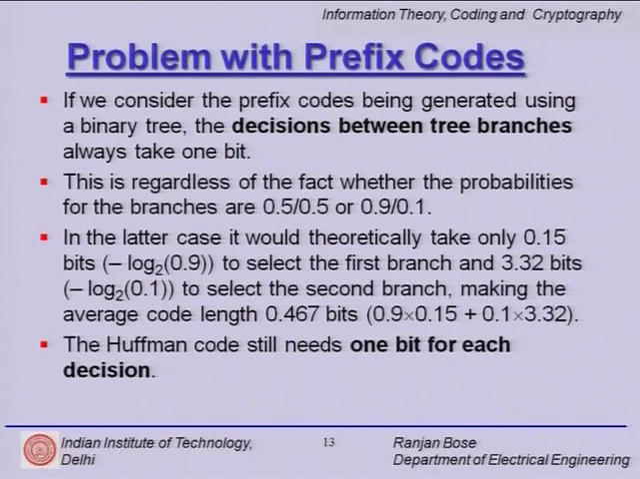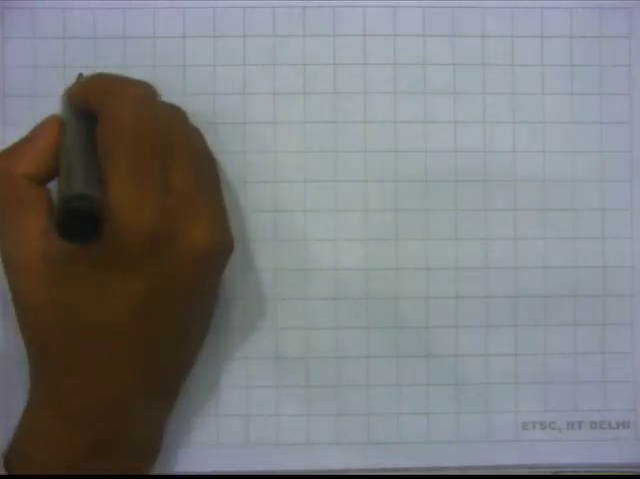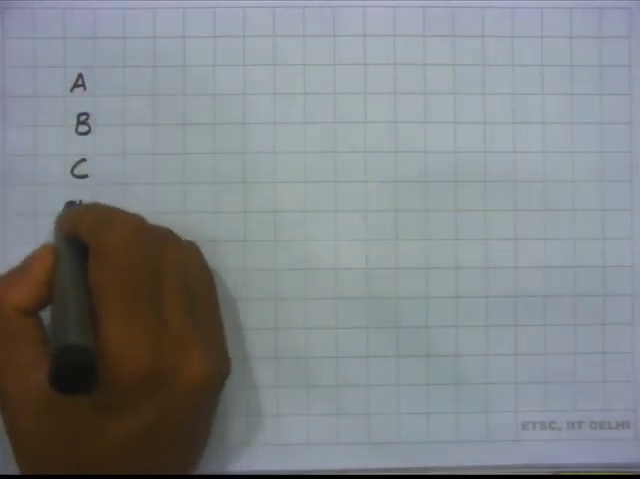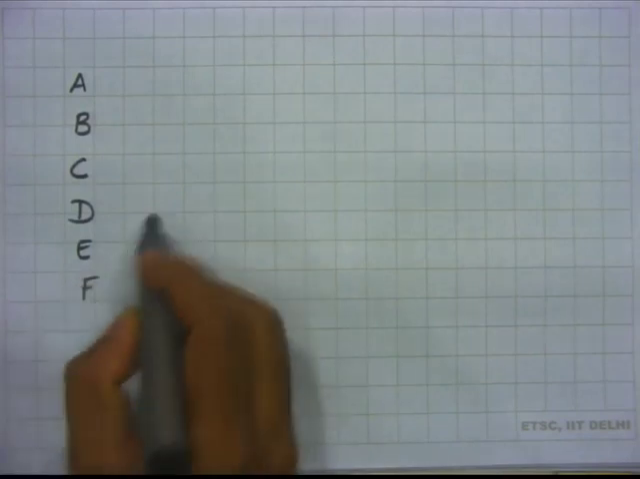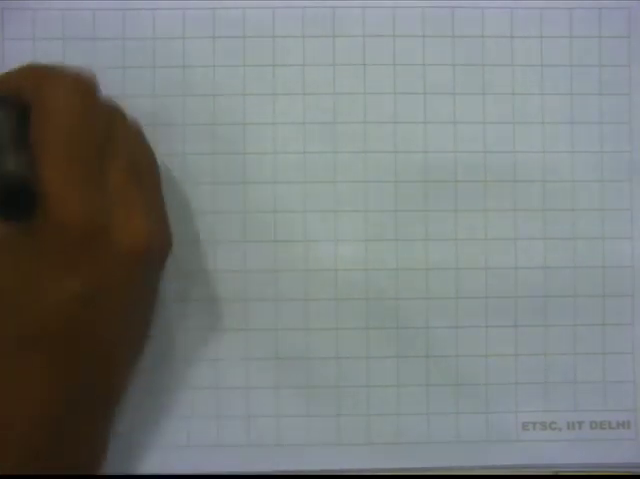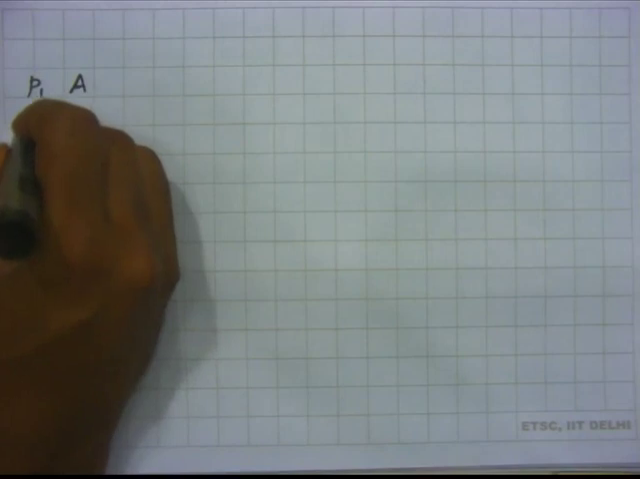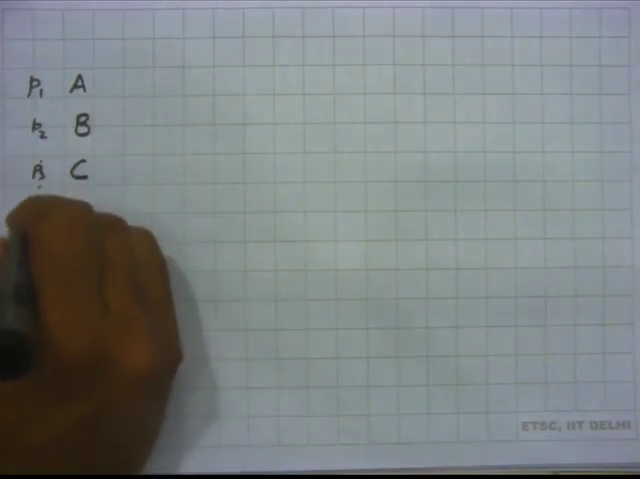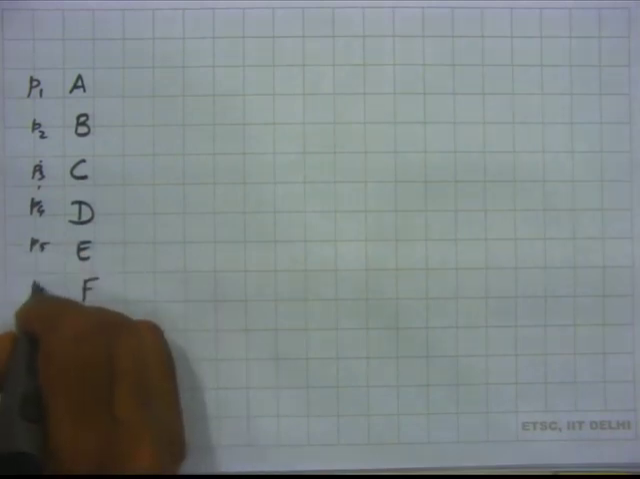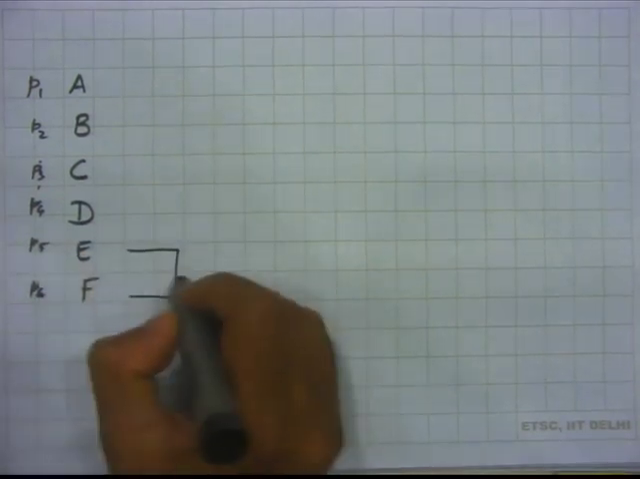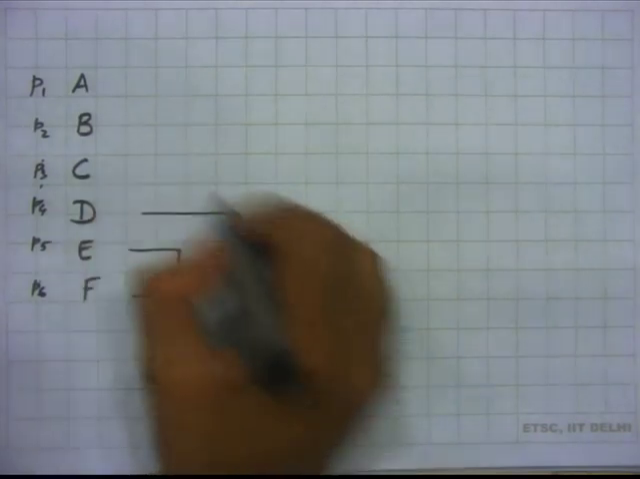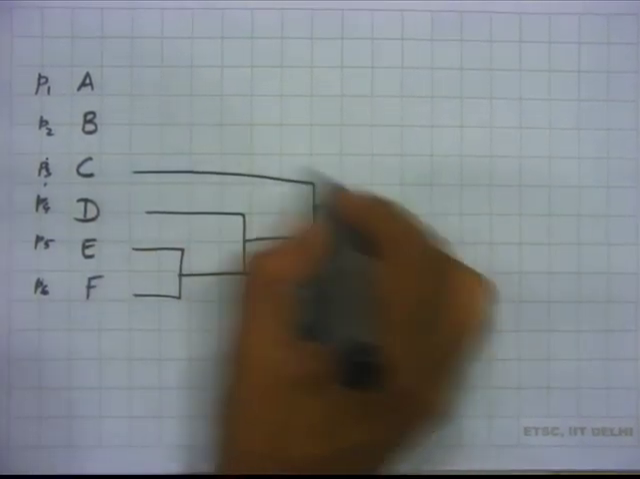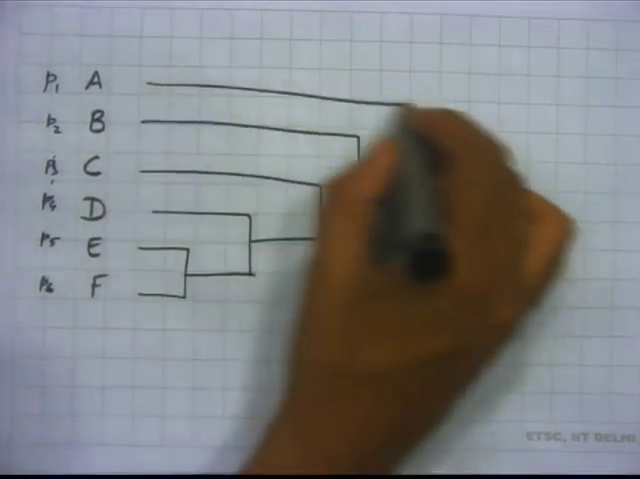So, let us look at another example where we have the symbols A, B, C, D, E and F, and suppose they are in decreasing order of probability. So, P1, P2, so on and so forth, P3, P4, P5, P6, and you combine the bottom two to achieve this Huffman tree. Okay. It is fairly mechanical,